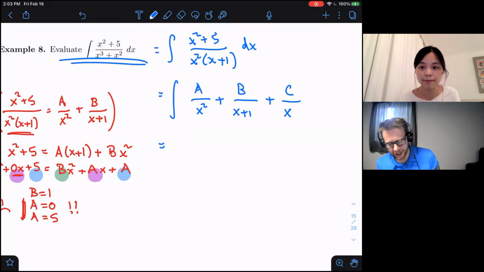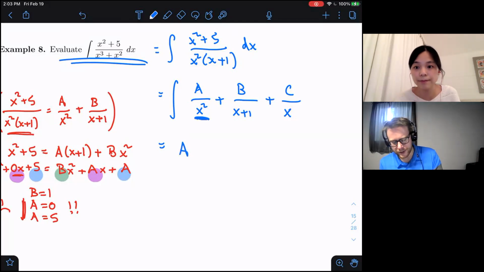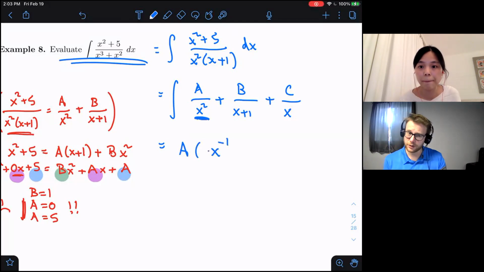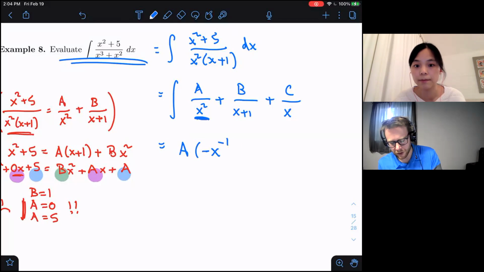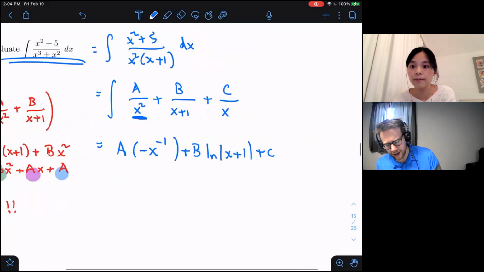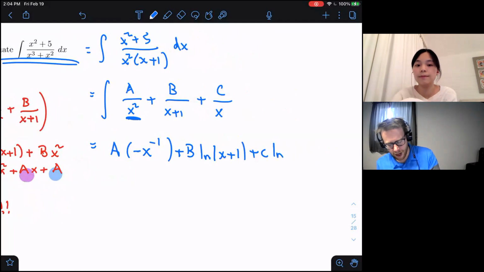So if I was to integrate this, remember this x squared in the denominator here, that's the same thing as x to the negative second power. So when we integrate this, this becomes x to the negative first power, and then you multiply by the reciprocal of that new exponent, but the reciprocal of -1 is just -1, so you can write it like this. We get b and the natural log of the absolute value of x plus 1, and we have c and the natural log of the absolute value of x,